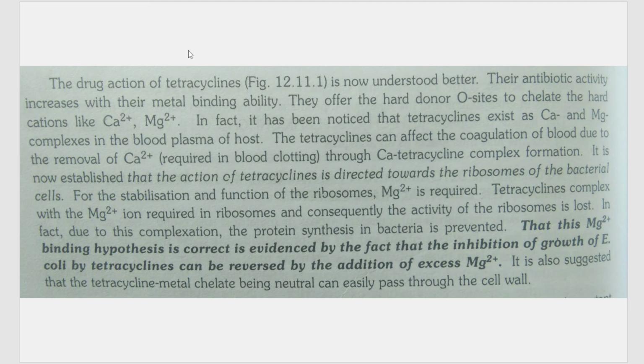So the antibiotic activity of this tetracycline drug increases with the increase in the metal binding ability. You know why? Because previously we said that because of that ability, it competes with the bacteria and binds to the metal before the bacteria can come and bind. Okay, and it has hard donor sites, as chelates, which will prefer hard cations like calcium and magnesium. So one side effect of consuming this drug tetracycline is that it will affect the coagulation